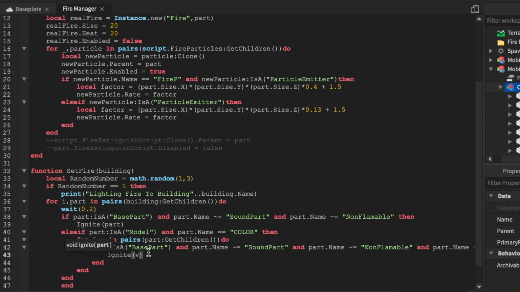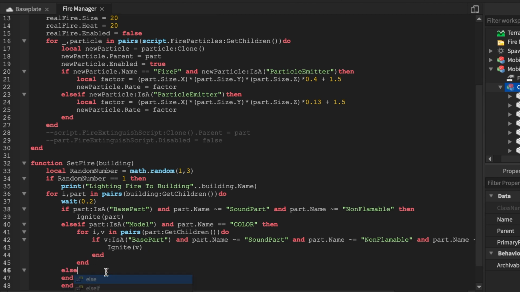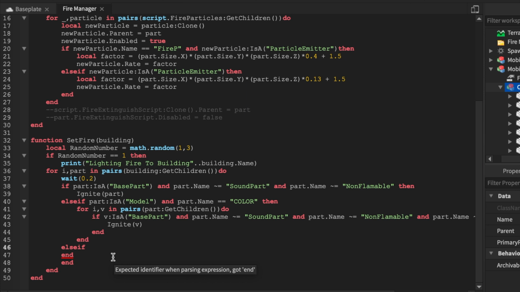So we're going to go and ignite the part. So once we have the two ends there, we can go ahead and say else if, because we just added an if statement here. So we can say else if, and we're going to go ahead and say part.name equal, and if it's a smoke part, now this is for the smoke part, then